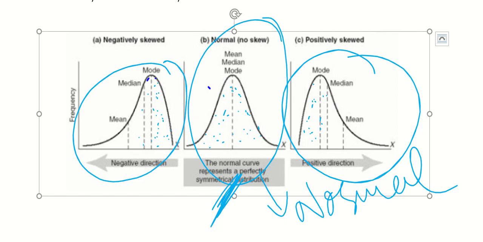Now, in these three cases, when the data is negatively skewed, positively skewed, or normally distributed, the mean, median, and mode are different. Okay. So, how do we calculate mean, median, and mode? As you can see, if the data is negatively skewed, the central value, this value, is called the mode.